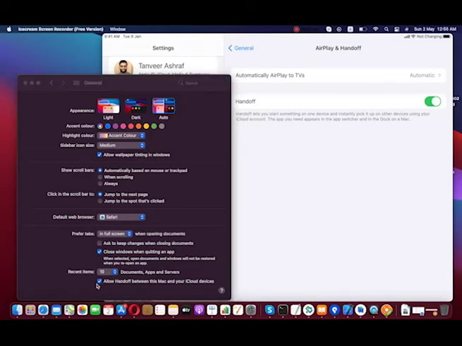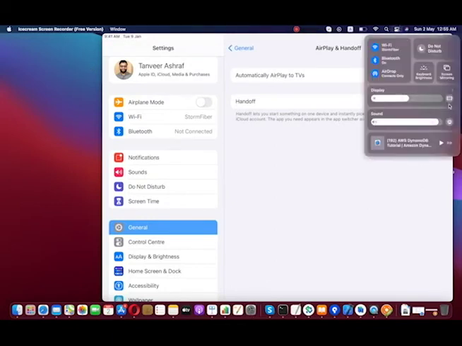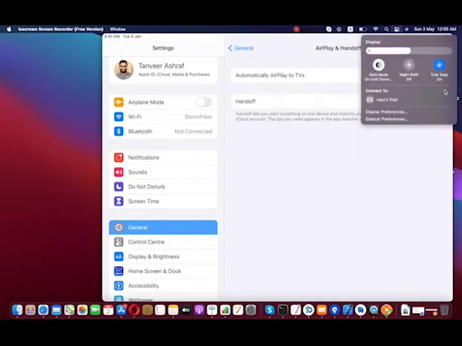If it is not, just click on this and enable it. Then you will be able to see the option here for your iPad. If you still don't, sometimes a glitch happens, so you have to restart your system and the iPad to get this done. So in the display we can see all the systems that are available as a second screen.